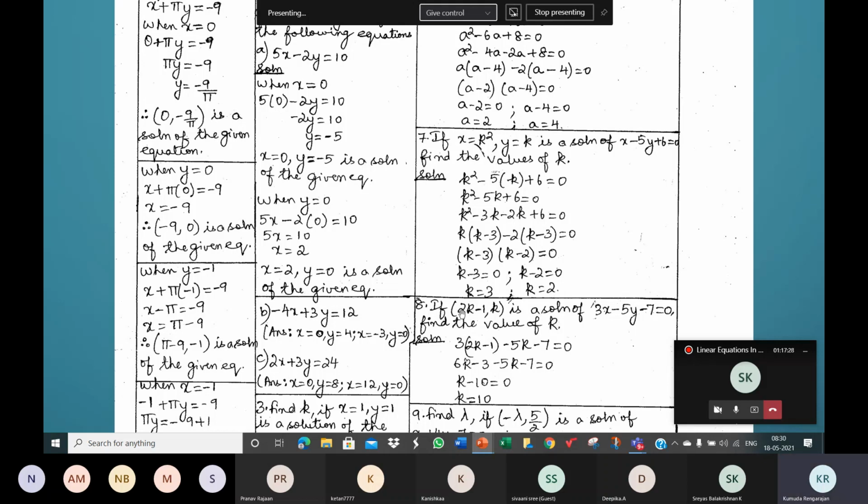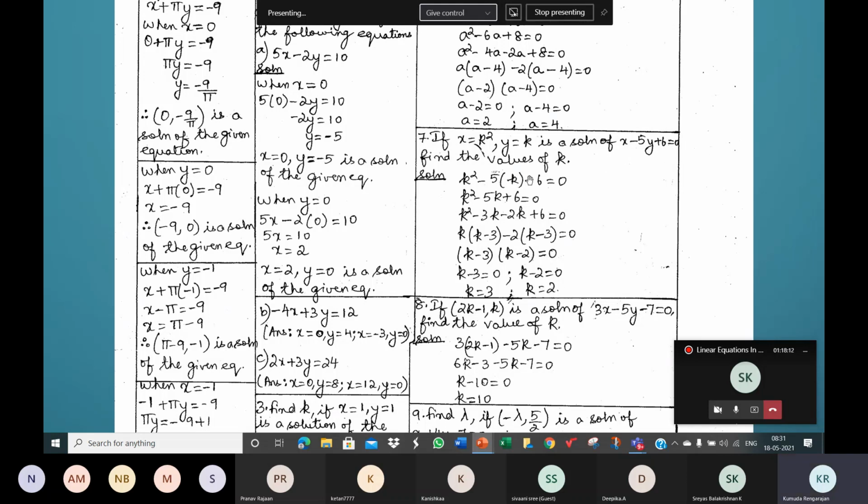3 or 2. So come back here. The answer ends here, meaning we are expected to only find the values of k, and we found it. Finished. How do we understand this? So when k is 3, that means y is equal to 3. Then what is x? 9, ma'am. When y is equal to 3, x is equal to 3 square, 9. So 9 comma 3 is a solution of this equation.